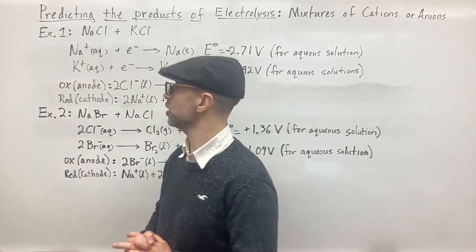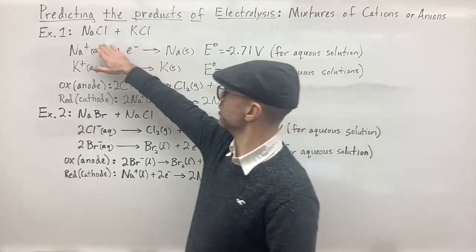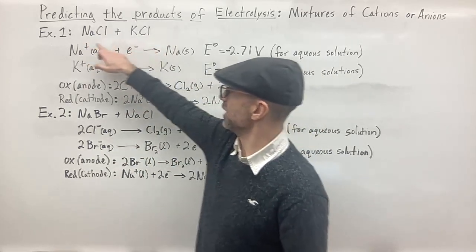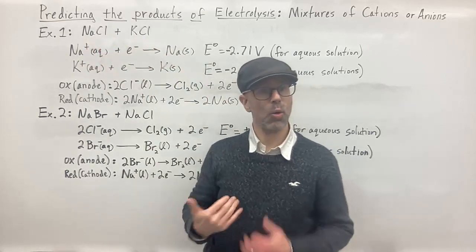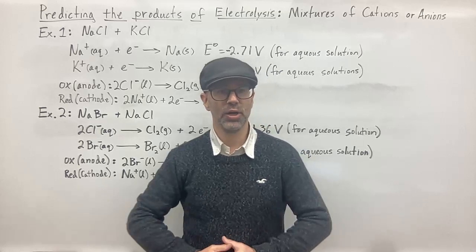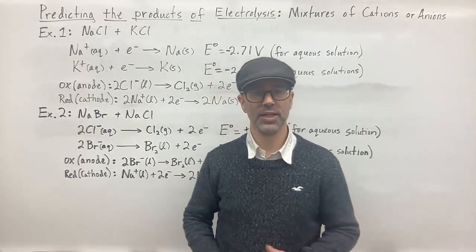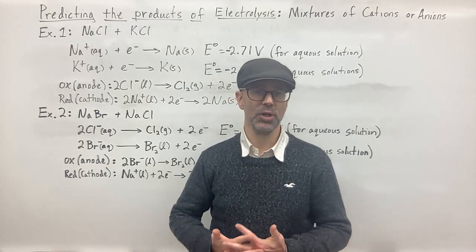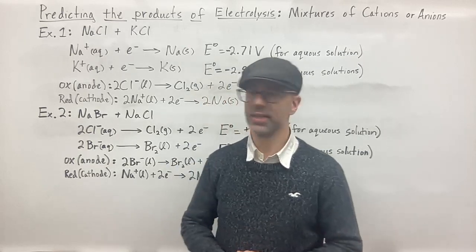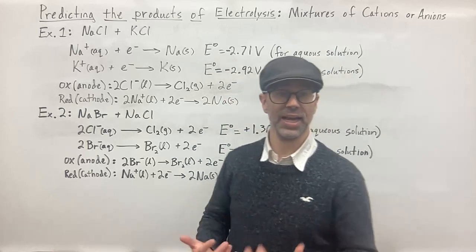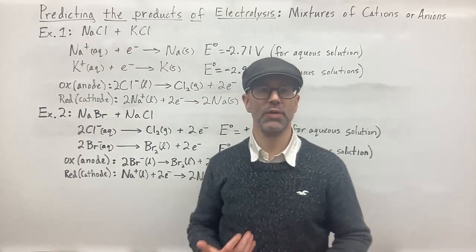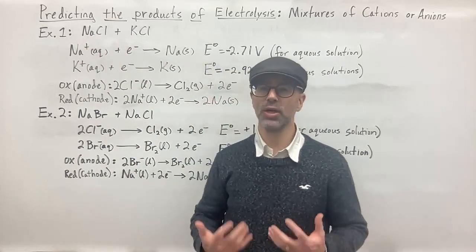Example number one is, what if I have two salts in which they have the same anion but two different cations? I have to figure out what's going to undergo oxidation, what's going to undergo reduction. In this case, figuring out what's going to undergo oxidation is pretty simple because I only have one anion. So the anion is going to undergo oxidation, so it's going to lose an electron. But here I have two cations, so I have to figure out which of those cations is more likely to